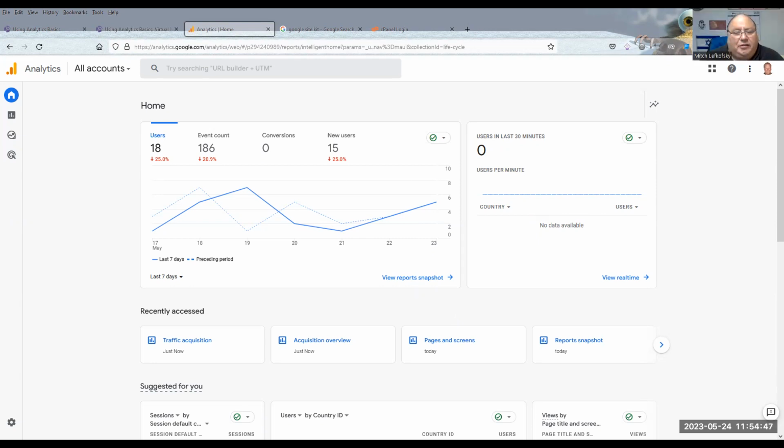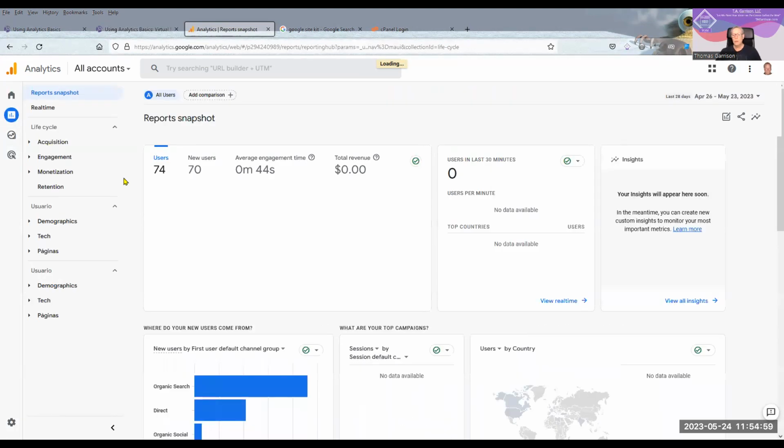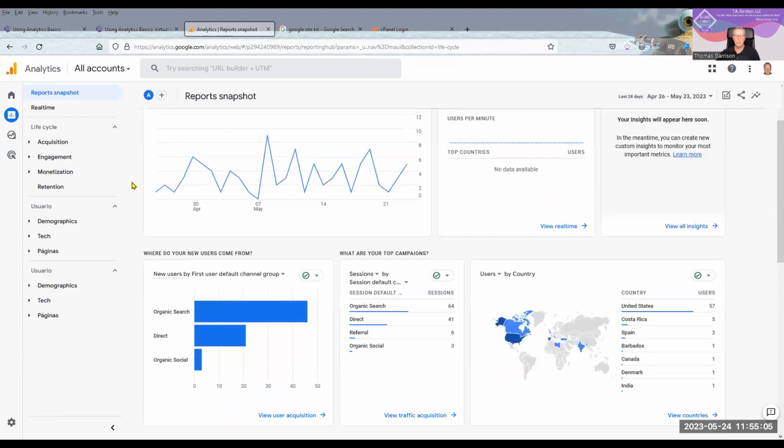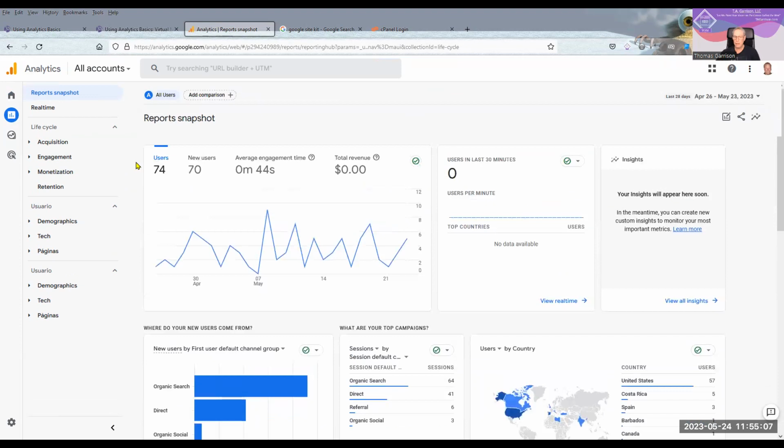What are we looking at here, Tom? What are we looking at here in the analytics? Right here is just the homepage for that, and then, of course, your reports. I specifically didn't want to get into a lot of detail in the analytics because it is overwhelming, especially if it's your first time in and you're just trying to figure it out.